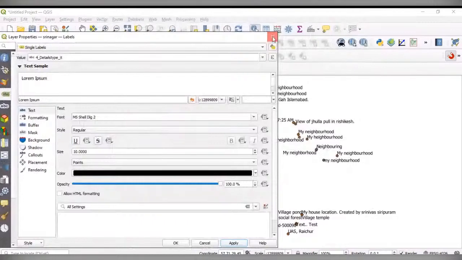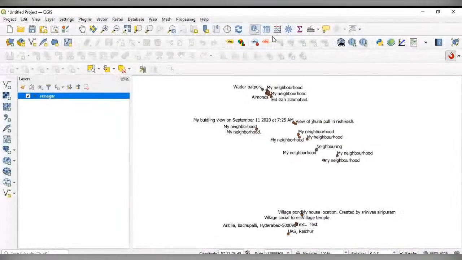Whatever attribute, you have several attribute columns. So whichever label you want to display on the map, you can do it.